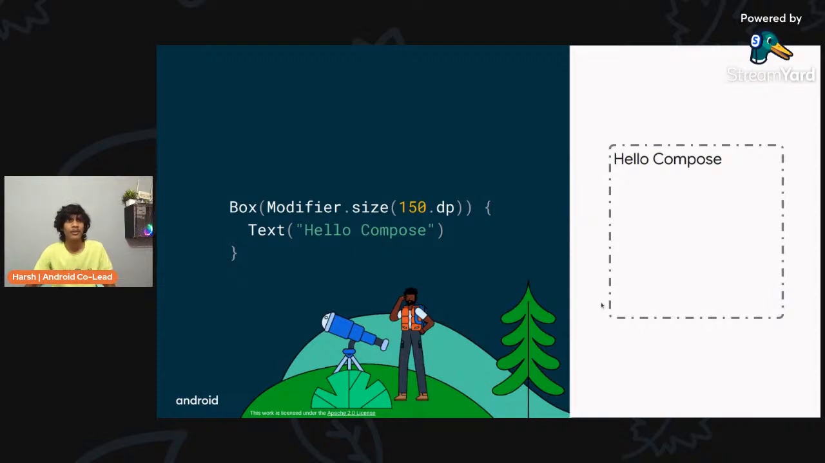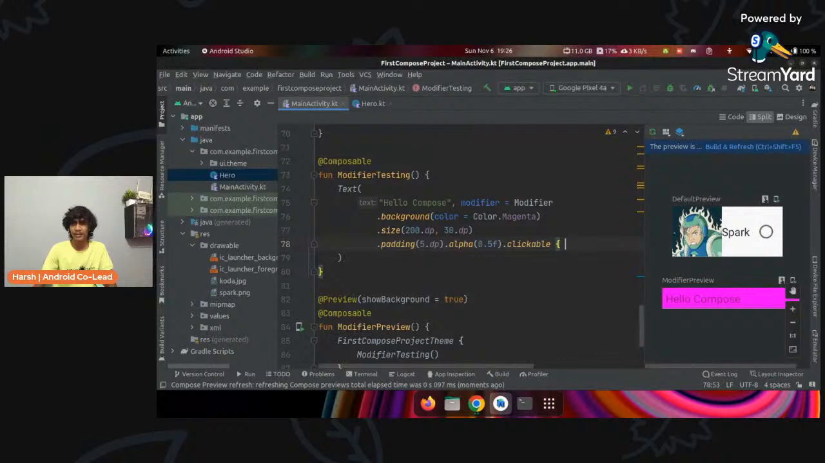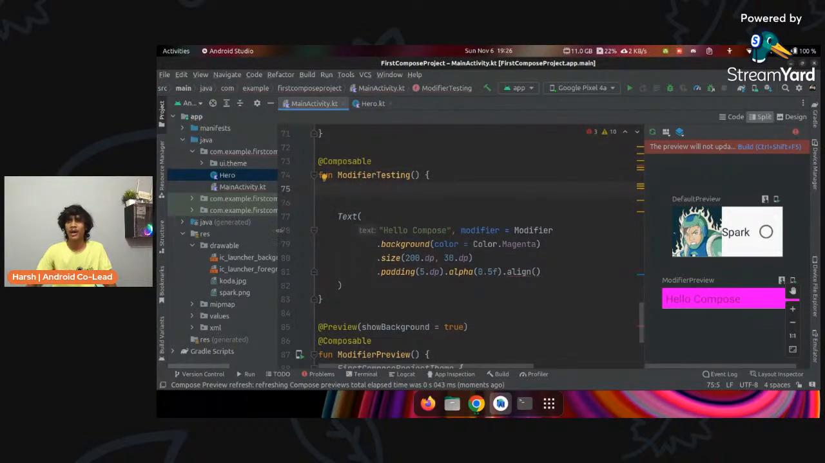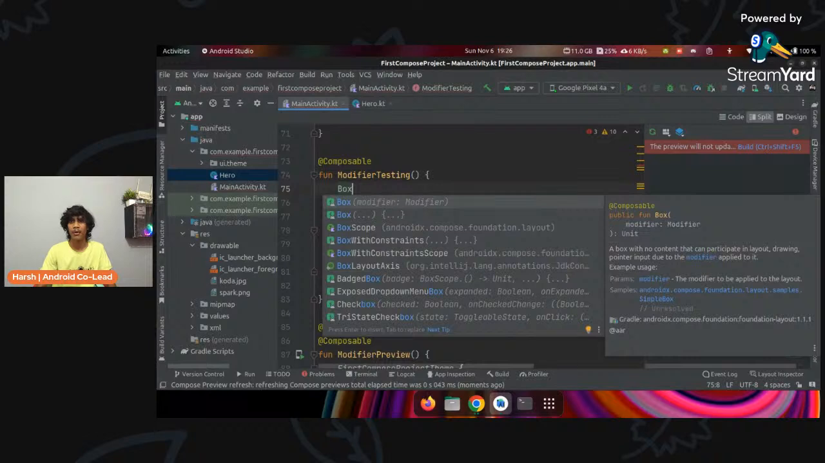Additional modifiers might also be available for you while developing, like something inside a box or some higher order composable. So if I'd like to align, it says error, because there is no higher order composable here, but if we put this inside a box